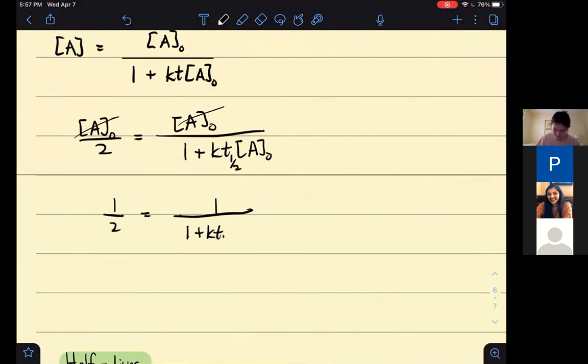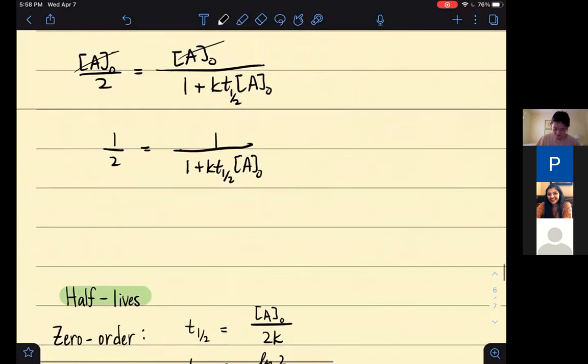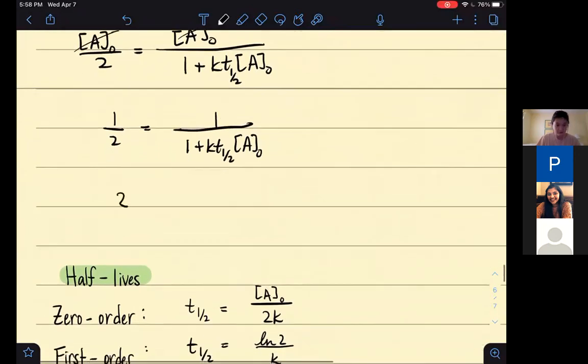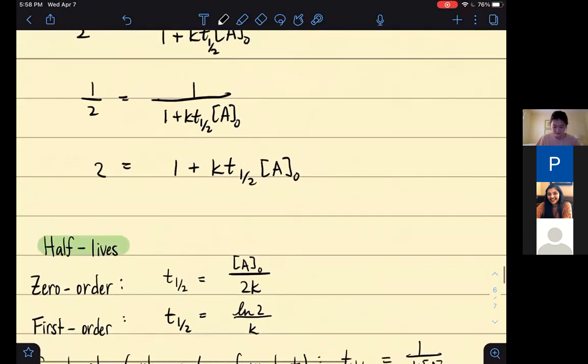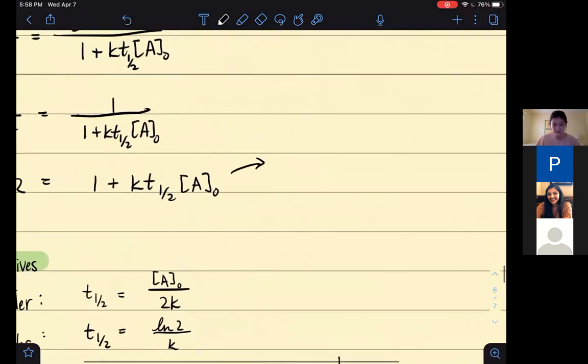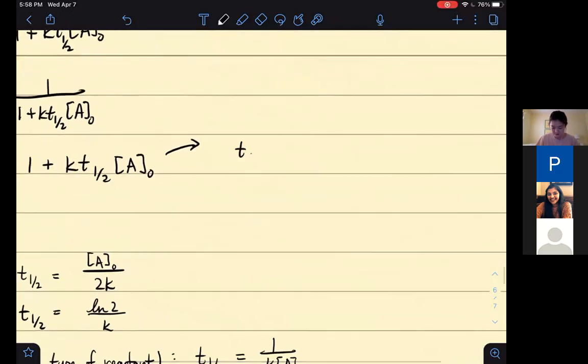I'm going to set that equal to this. And then that tells us that 2 is equal to 1 plus k times the half-life times the initial concentration. So if you continue on with the math, you should get the half-life is 1 over k times the initial